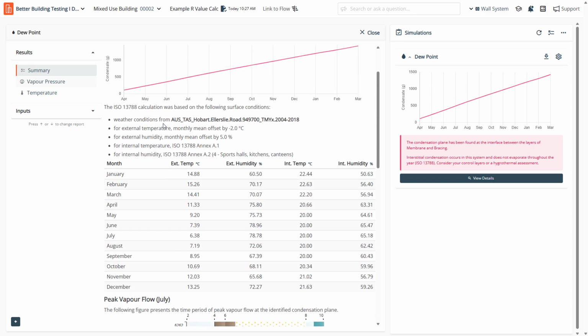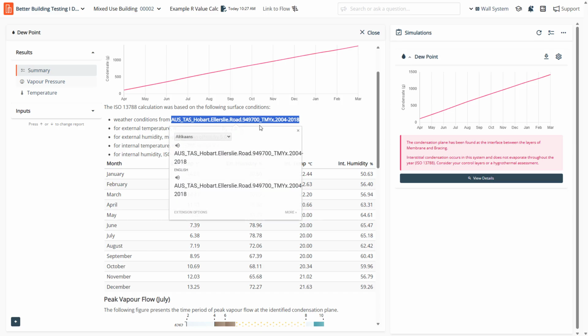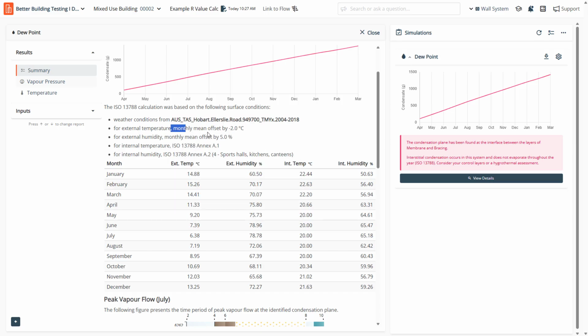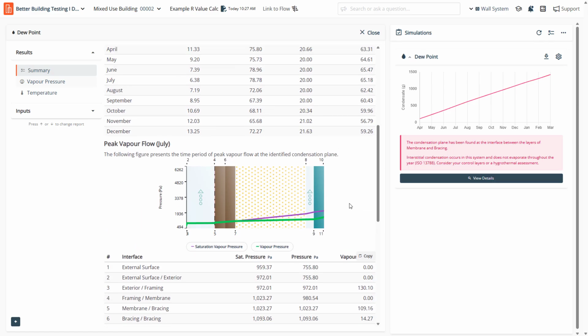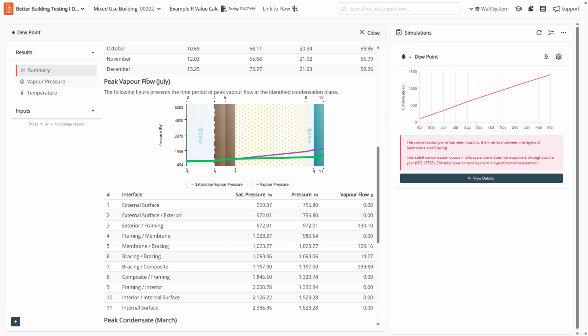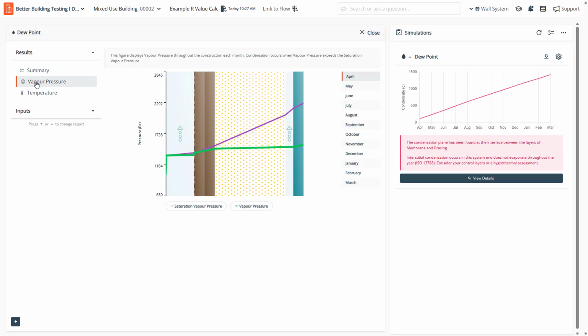We see a summary. We've got the climate data from here. We added in these conditions here. We chose Annex A.1 and we chose A.2 for the internal humidity. And then we get a breakdown of the external temperatures, the external humidity, the internal temperatures, and the internal humidity. So we can see it's hovering up quite high there. And then we get a summary of the peak vapor flow through the system. I'm going to come back to this in a second because I want to jump into these two